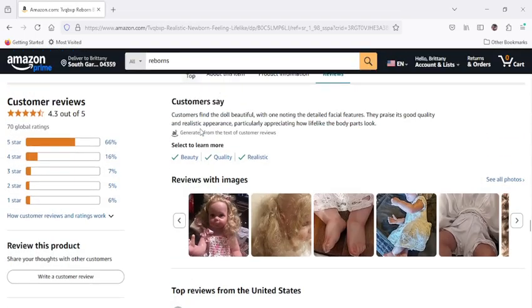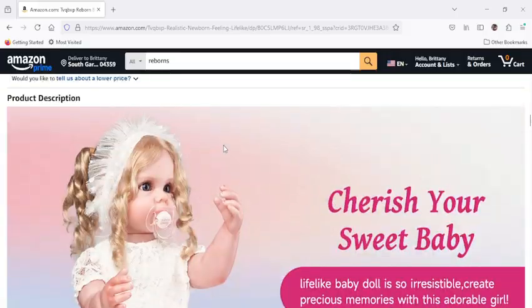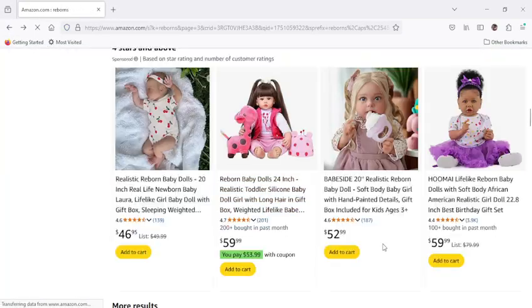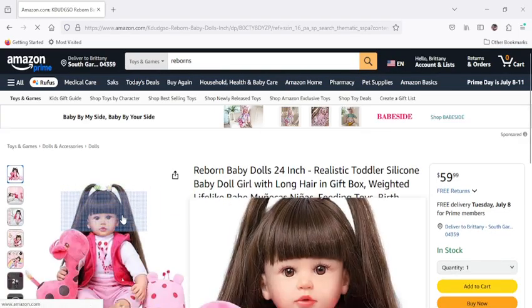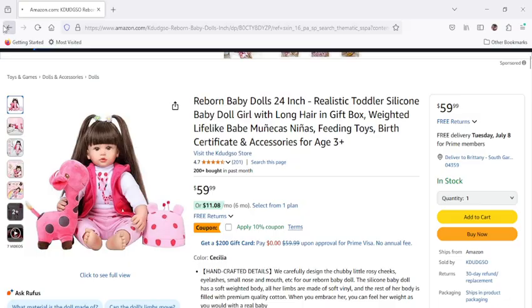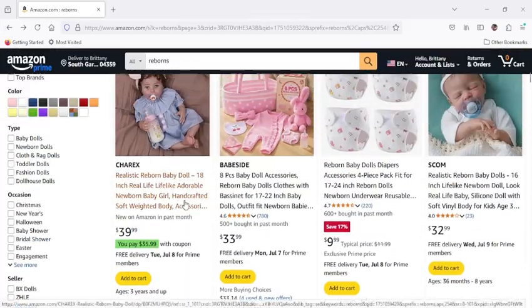One of the things I noticed is sometimes they use, I think, the artist picture or something. Some of them look better in the picture, and that bothers me. This doesn't bother me as much because we can see the actual doll. This feels like correct advertising, you know. This feels like if you're clicking on